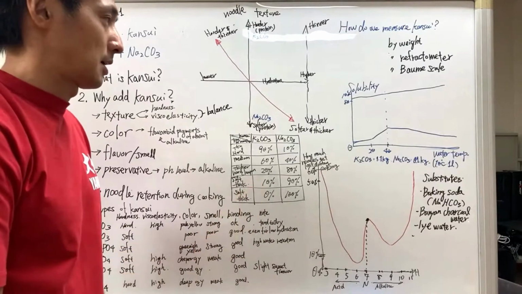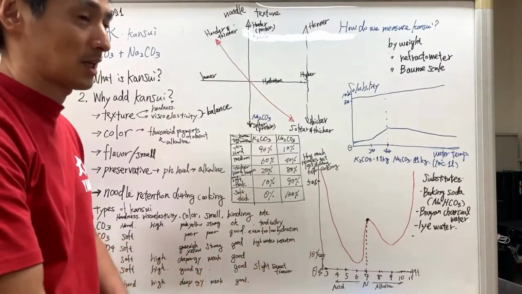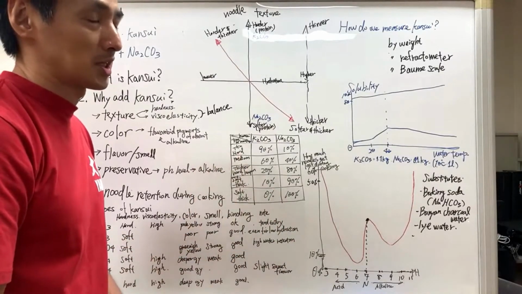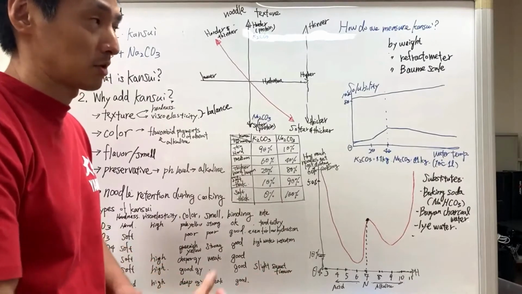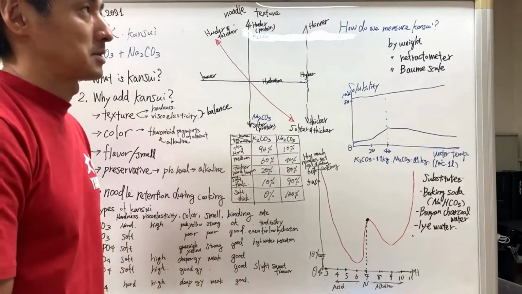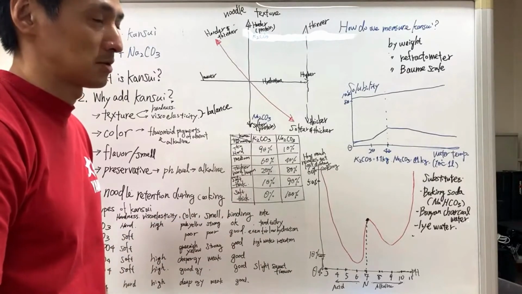But Kansui, if you want to buy Kansui, it comes in a 20-kilo bag or a 12-kilo bag, and you'd have maybe 10,000 servings to use it up. So